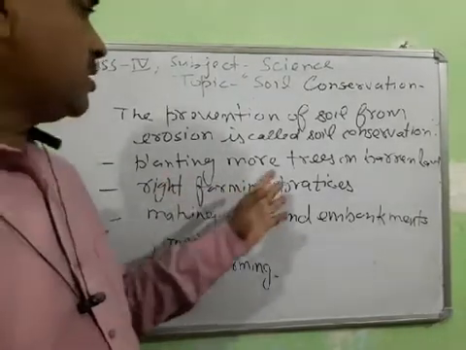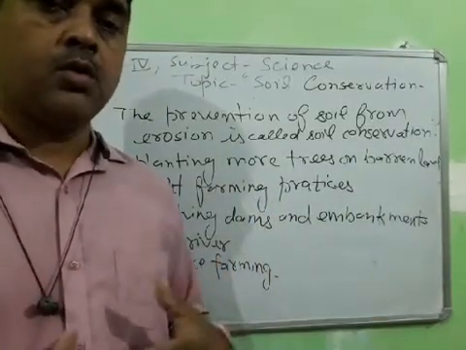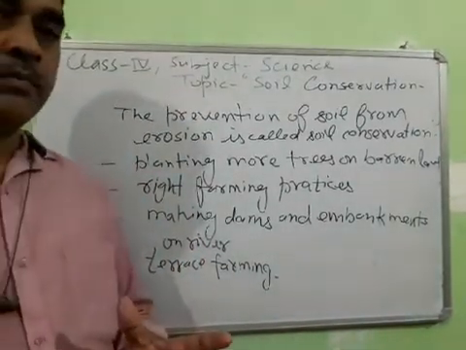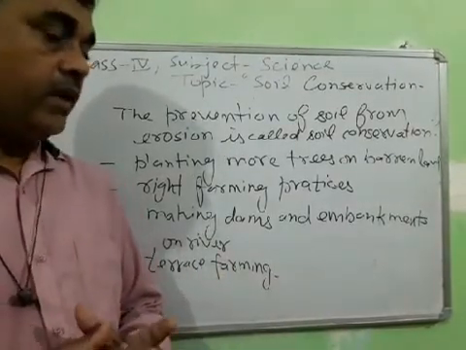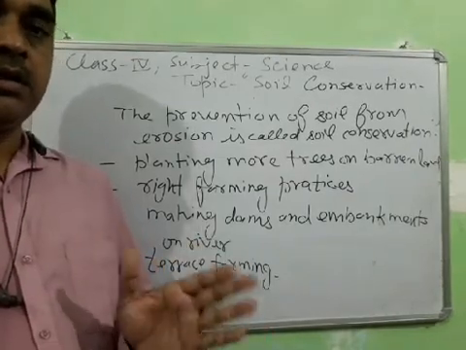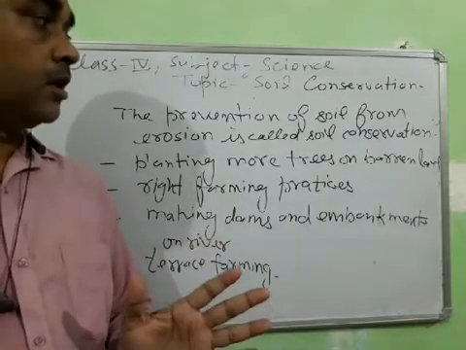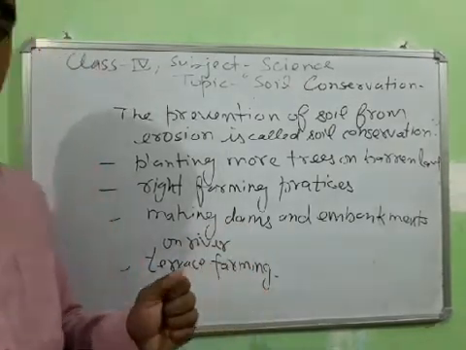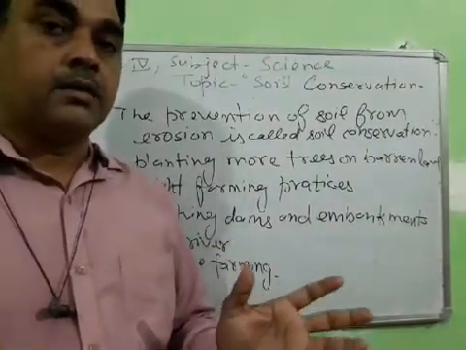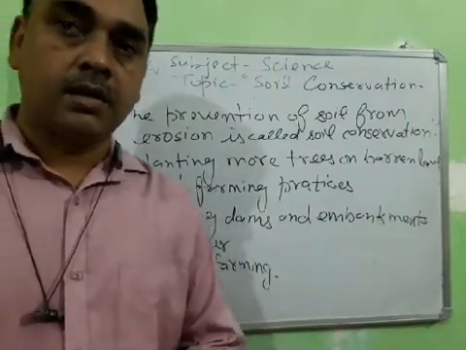How does planting more trees on barren land help? Because plants have many roots, root hairs and branches. They bind up the soil very firmly, by which the plant can stay in the right position. Because the soil binds the root hairs of the plants, which stay firmly upright on the land.